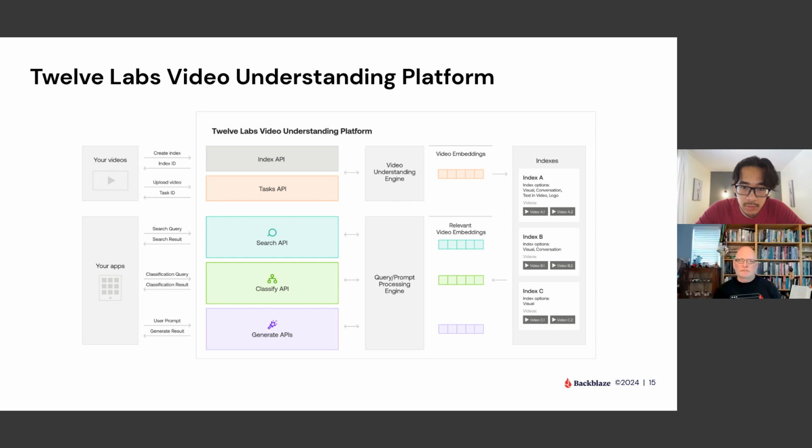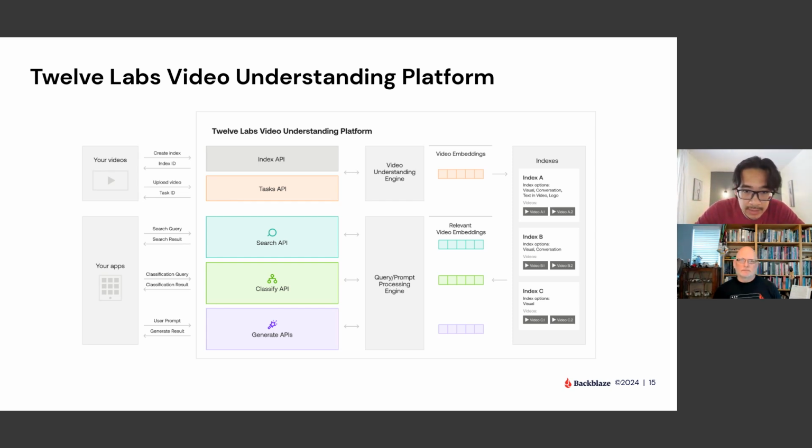And when we call an engine, you have an option to choose what type of engine option you want, whether it's visual, conversation, or text and video. These are the corresponding multimodal options. You can choose all of them, or you can focus only on the visual and not the other modalities. You can choose just one option.